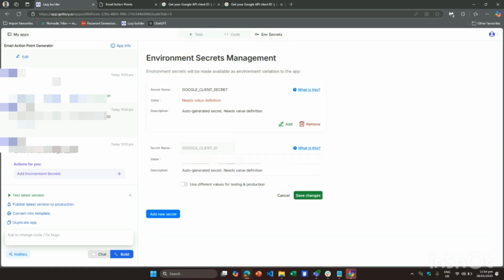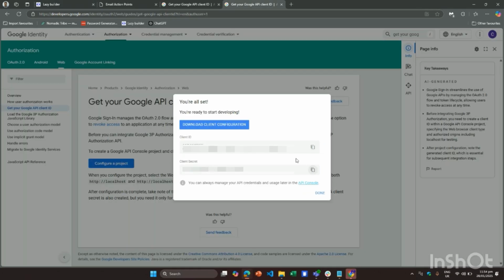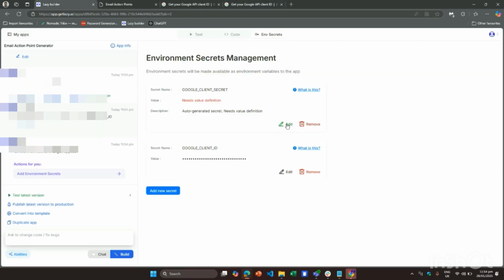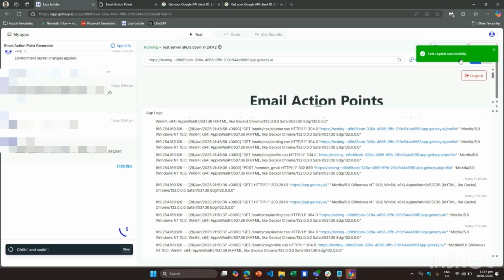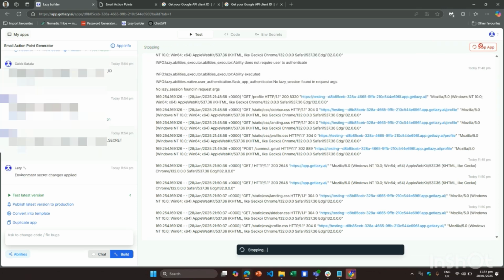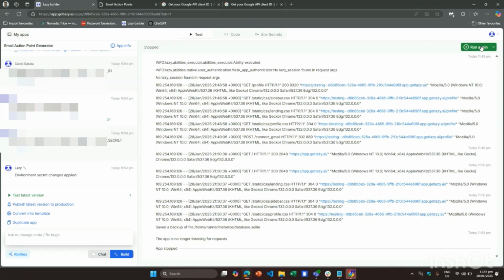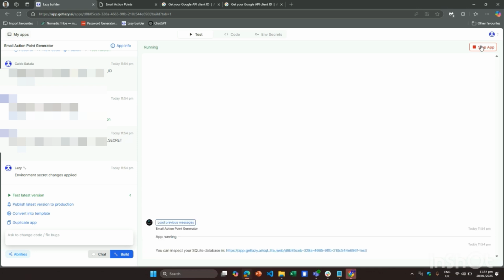We've got our Google Client ID and we want to copy our client secret as well and put it into the app as well. Then after we do that, we just want to restart the app to make sure that it got the correct environment secrets. So we restart the app